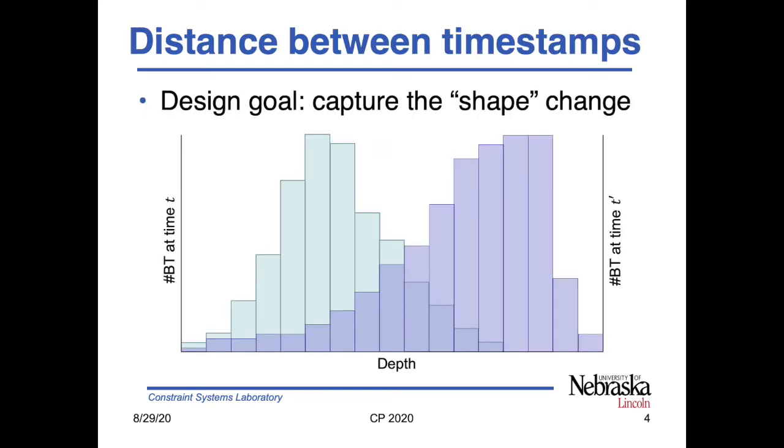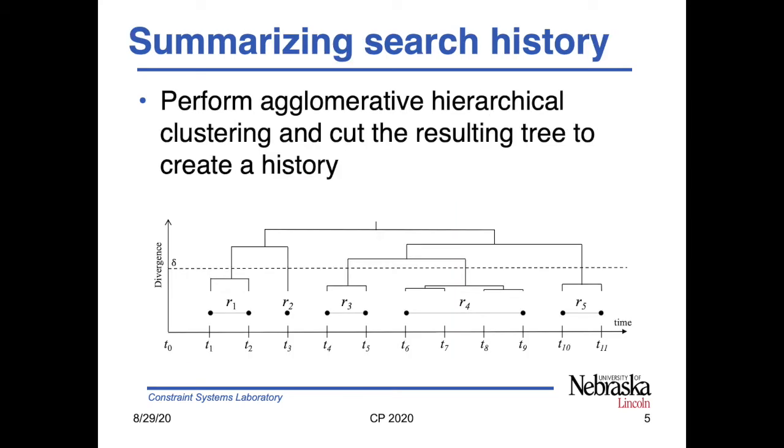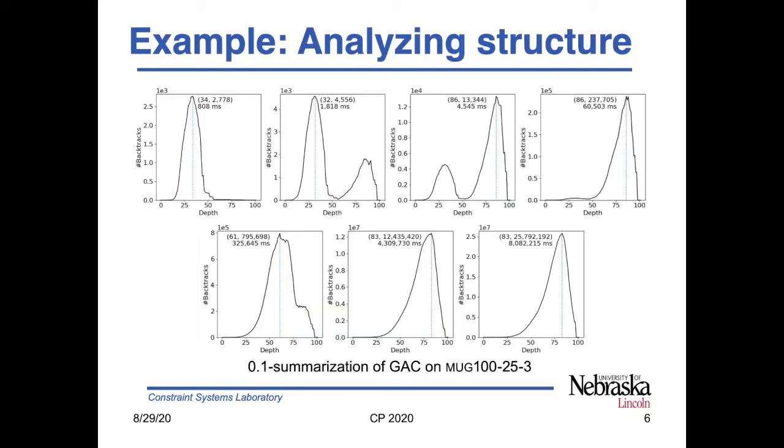Our distance metric is based on the Kullback-Leibler divergence, or KL divergence, and aims to capture the change in the shape of the BPD. We then use this metric to perform agglomerative hierarchical clustering. We start with the samples, and then we successively build up a clustering tree, and then cut the tree at a user-defined detail level. We are able to use this summarization process to find a structural issue in the MUG